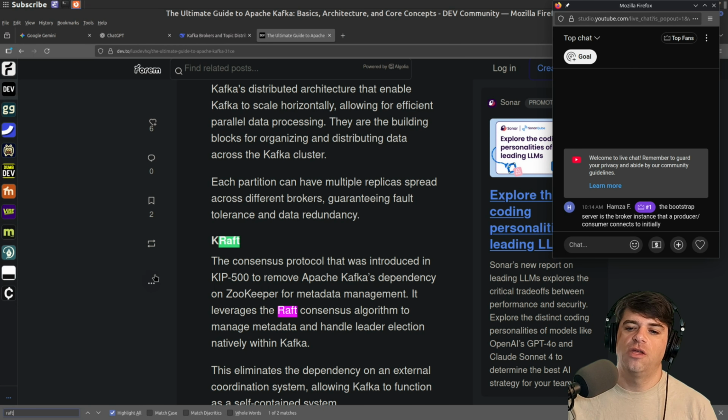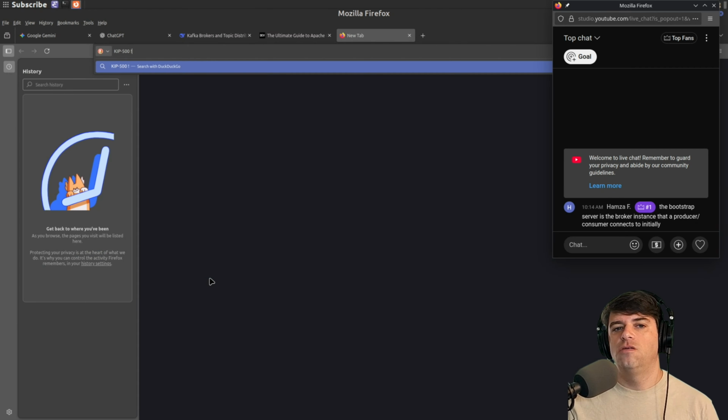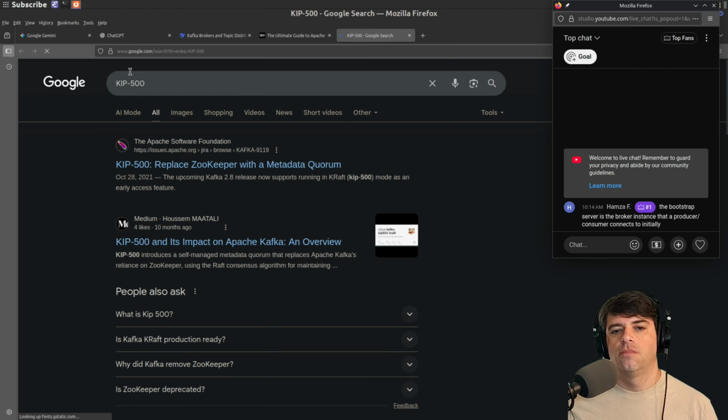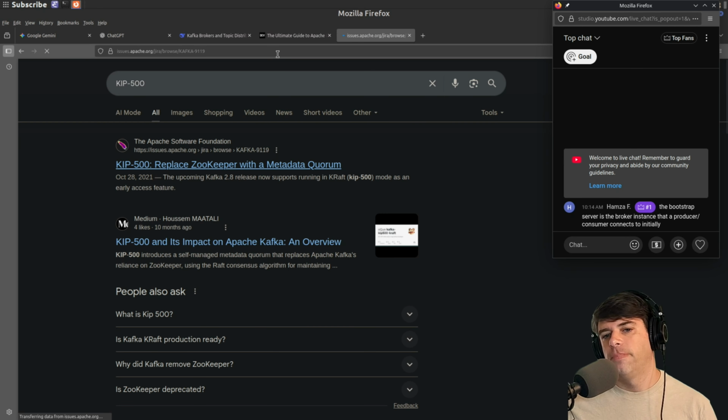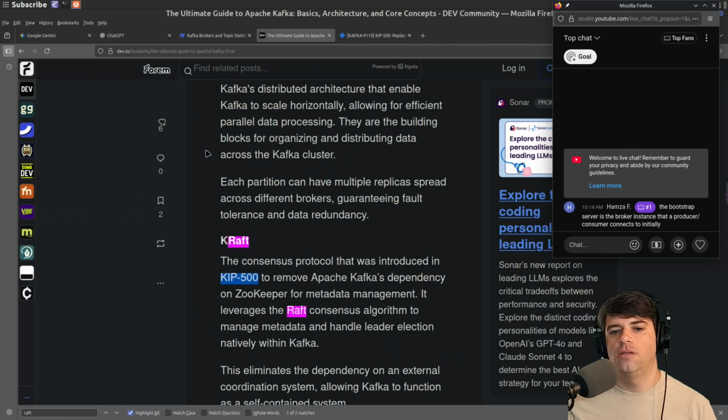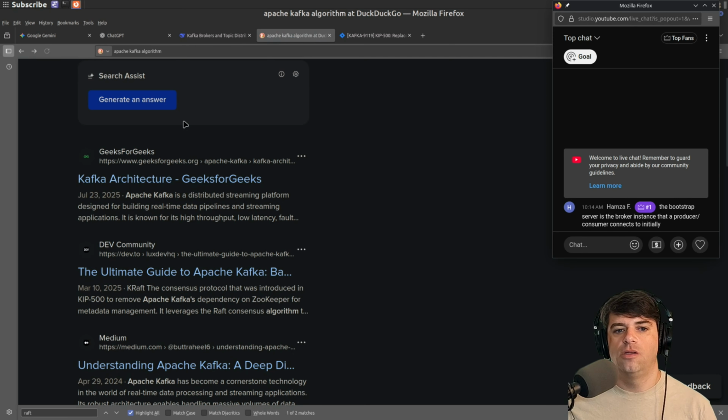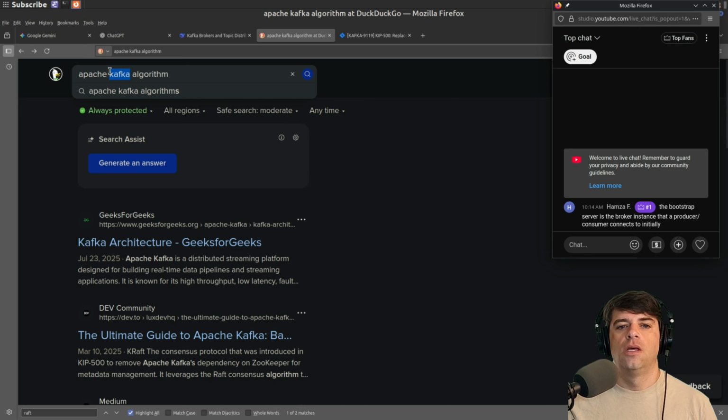The consensus protocol that was introduced in KIP-500 to remove Apache Kafka's dependency on Zookeeper for metadata management. I must have looked up Kafka because it looks like this is saying that they don't use Zookeeper, and maybe they use a custom Raft thing. Okay, so it sounds like they do Raft, but what I really wanted to know is what Zookeeper does.